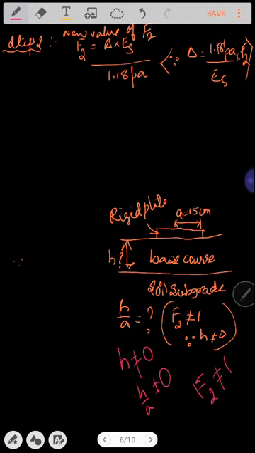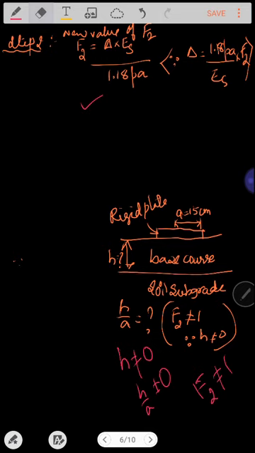If f2 is not equal to 1, we can find its value by this formula, because we know that for determination of delta for a rigid plate, we have the expression delta is equal to 1.18 p into a divided by es into f2. By just modifying this expression, we get f2 is equal to es into delta divided by 1.18 into pa. So this is step number 2,